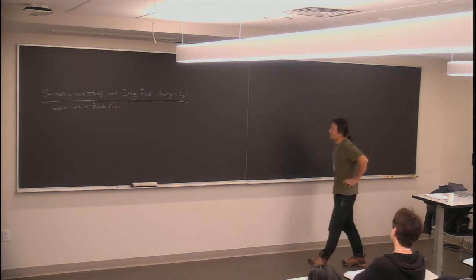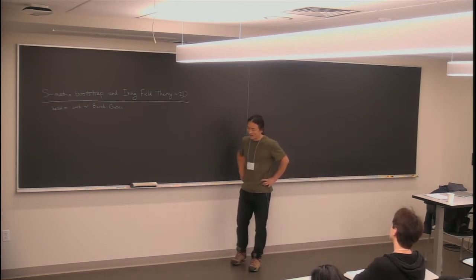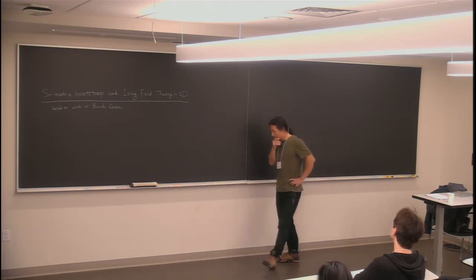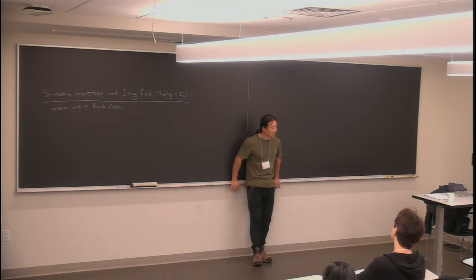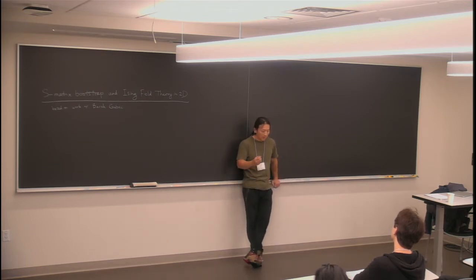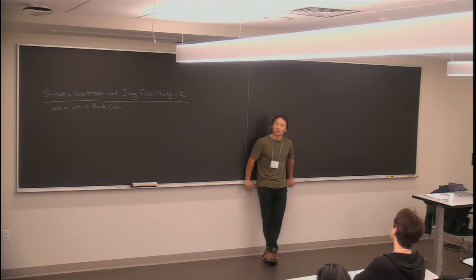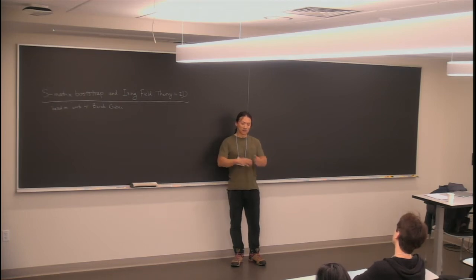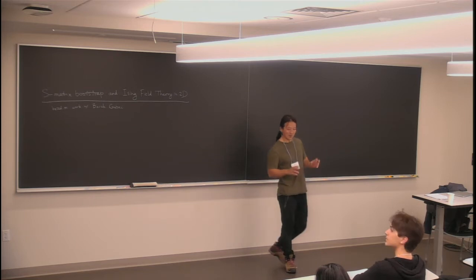But let me give you also an alternative, kind of philosophical motivation for this work. From the particle physics point of view, one of the common goals is to do some low energy experiments, and then you want to be able to predict high energy physics or high energy resonances. You can ask, is that even in principle possible? Often our approach is to build some effective field theory, and then we match with some low energy data, and then we can make some prediction.